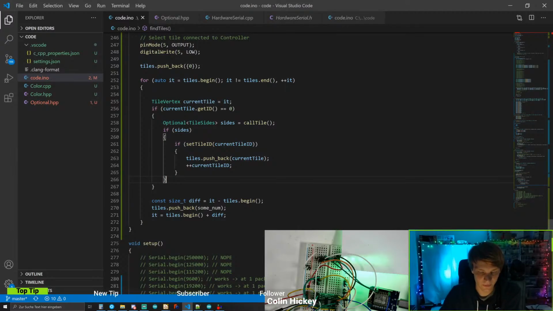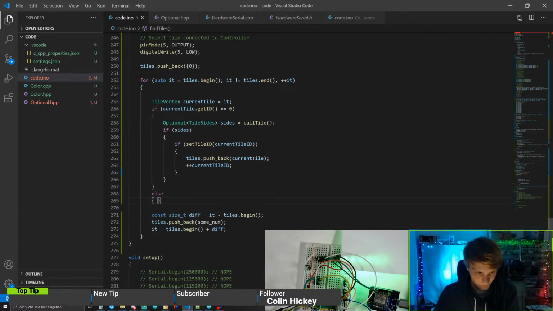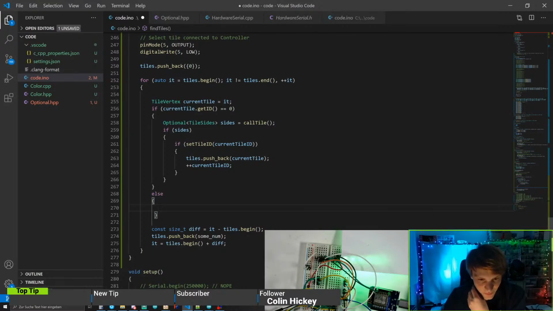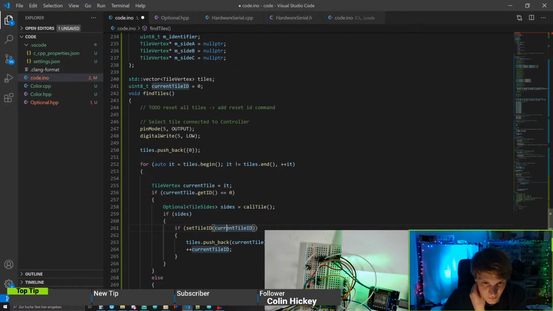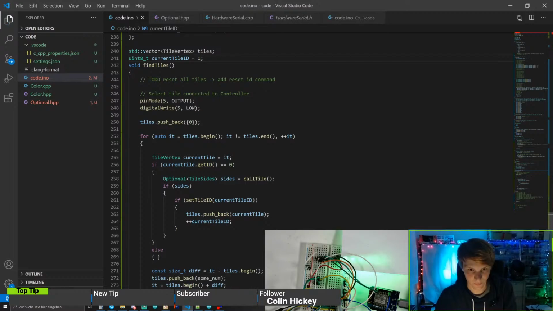But if current tile equals 0, we do that, and else we do something different. But current tile ID equals 1. Oh no, let's do